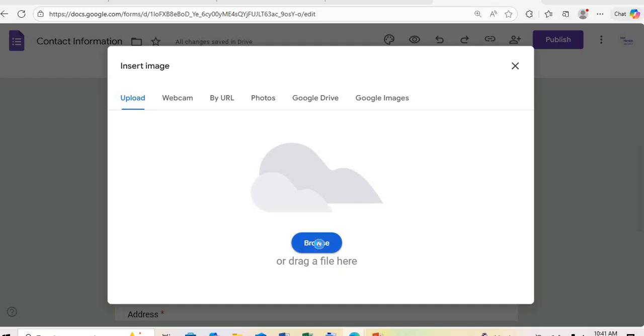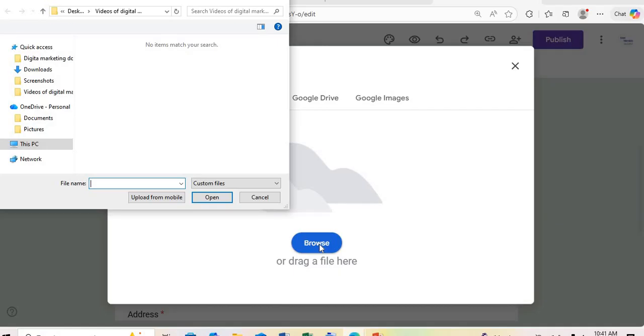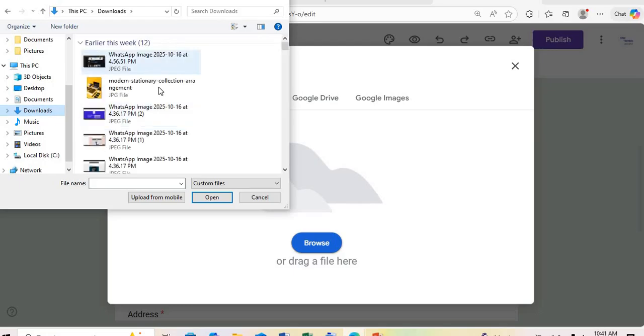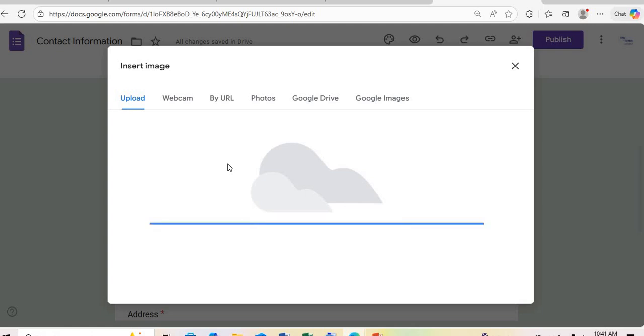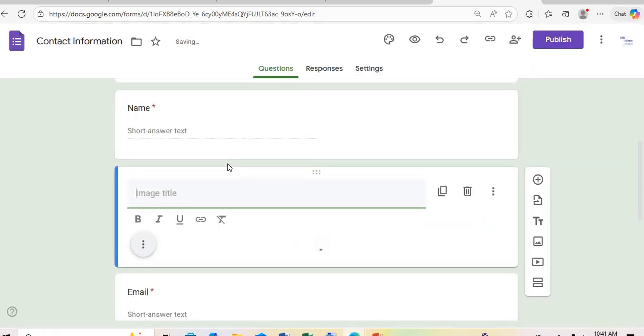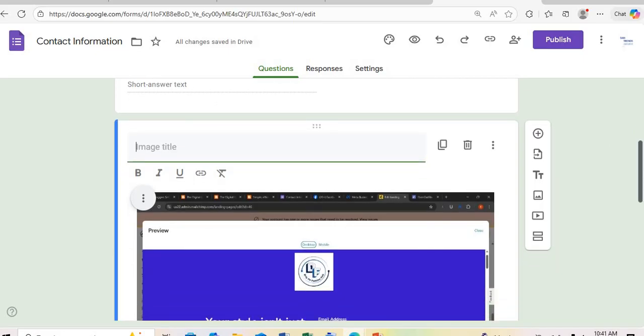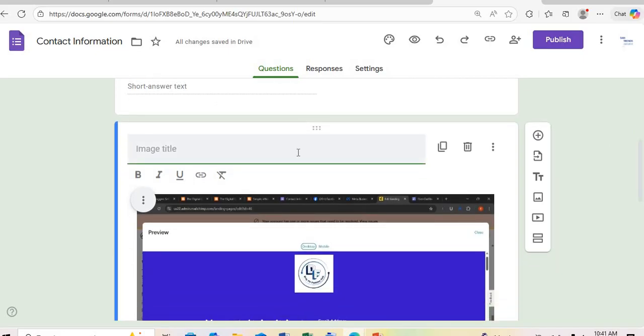Once I click on browse, it's opening my folder for me. So let me just click on downloads. I think there are images in downloads. Okay, so let me just choose this. So now we have an image down here. So yeah, I can say use this image